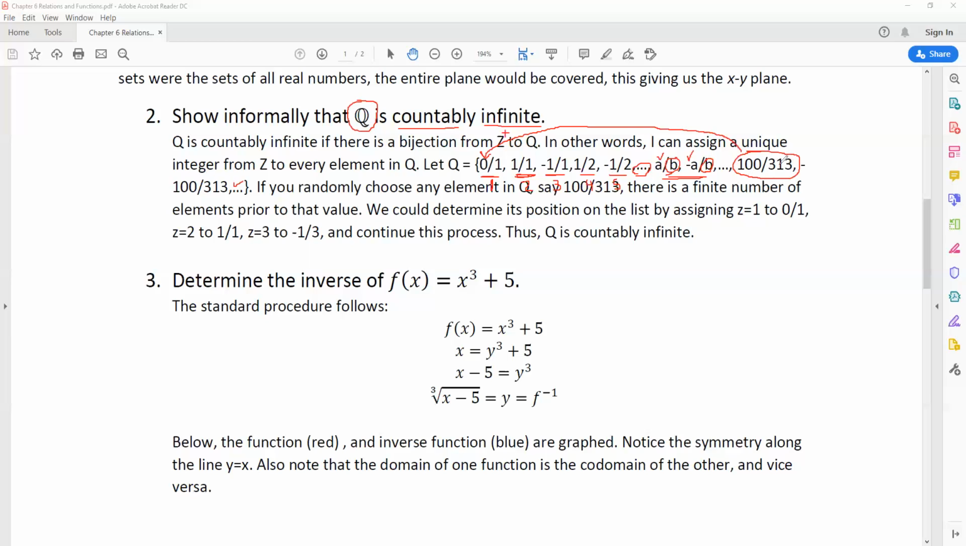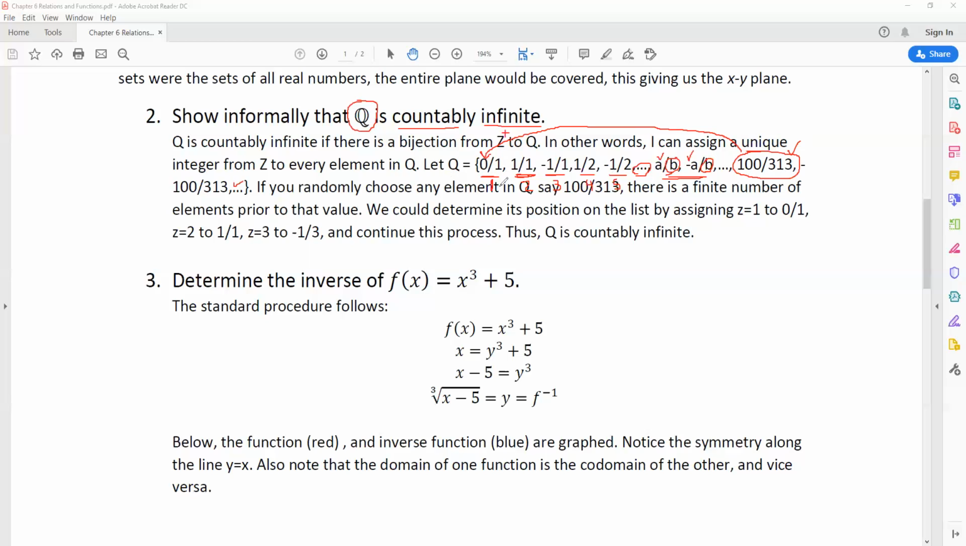At some point, I would be able to assign a number to 100/313 because it has a finite number of elements in front of it. Granted, it is probably a huge number, whatever that is. But the point is that we can label each of these